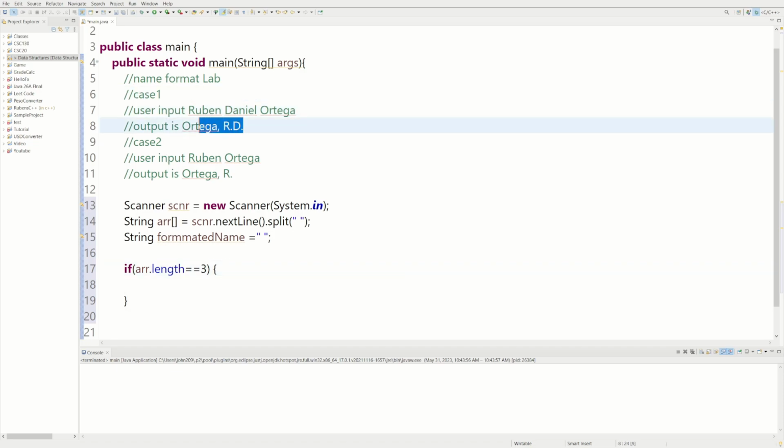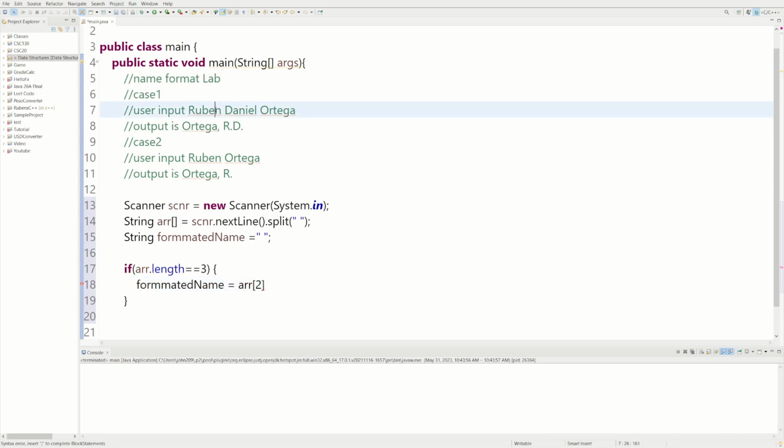So we have to format it to look like this. If that's the case, let's format it to look like the first case. We could have it equal to our empty variable, so formattedName equals. If we want to format it like this, we need the last entry of the array. So we could say array at 2. The reason we're doing 2 is because an array starts at 0, so this would be index 0, 1, 2. So we want to print this, but it also wants a comma after it. So we can do the comma, and then the space. So that comma, space,